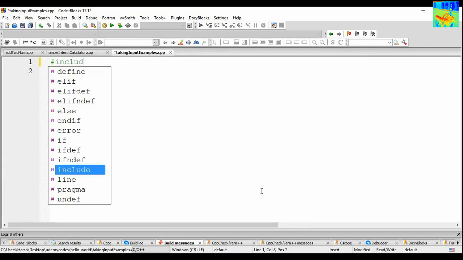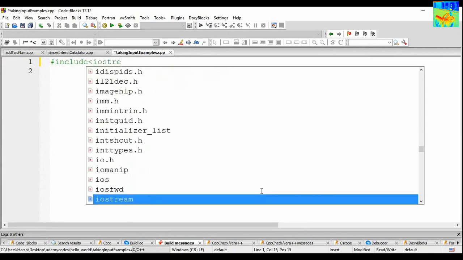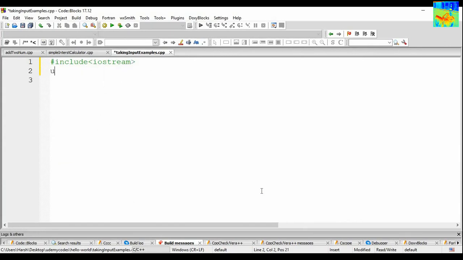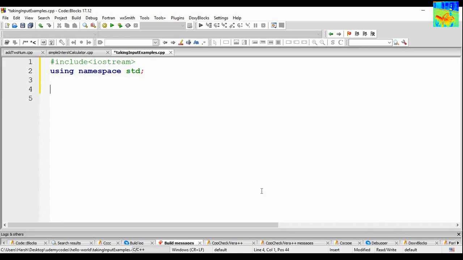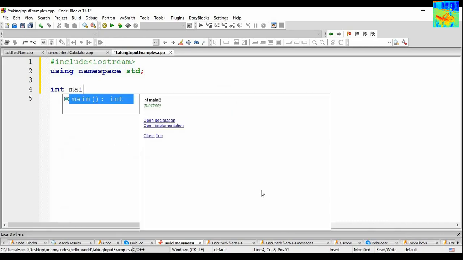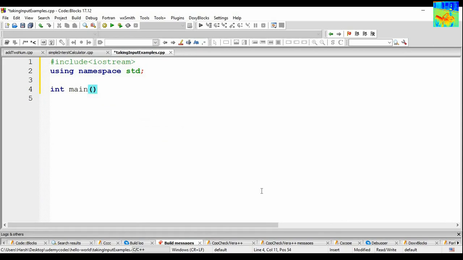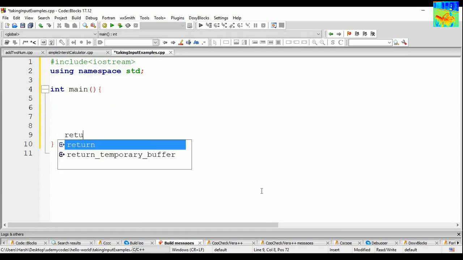Hash include iostream, using namespace std semicolon. Then I am having int main and then I am having return 0.